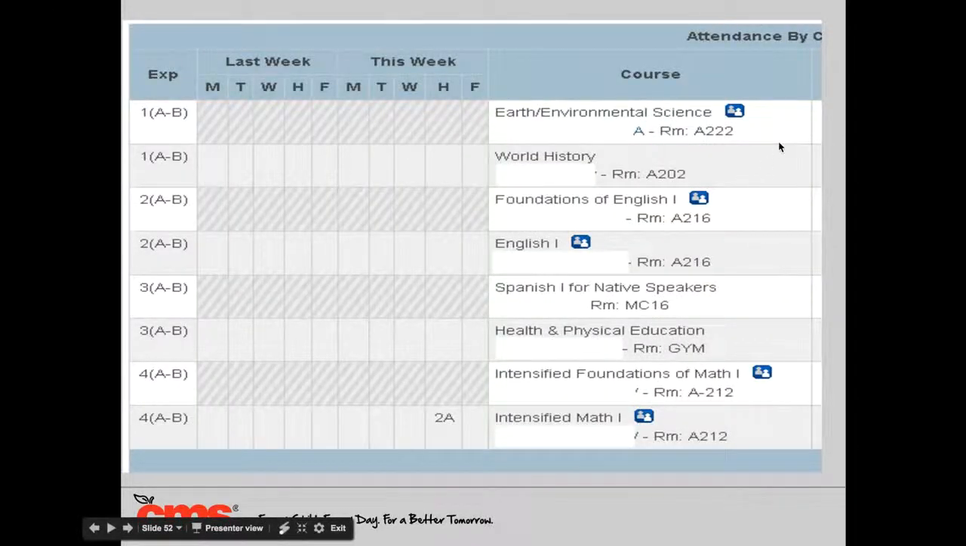So here we have, they're in Earth Environmental Science, World History. They've got their 2 English classes, so they have it year long. Spanish 1 for native speakers. And look, the English 1 has a co-teacher. It does, as does the foundations course, which if it's a SIOP course is going to be different than the co-teaching, but it's going to have the same benefits. Still going to give that student the support that they need because they will be monitored by